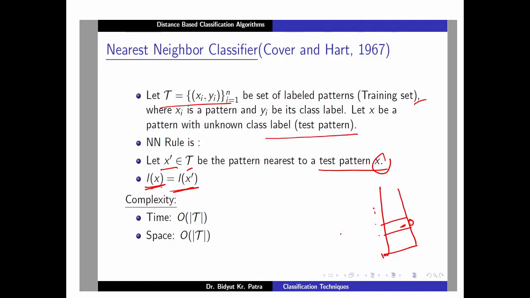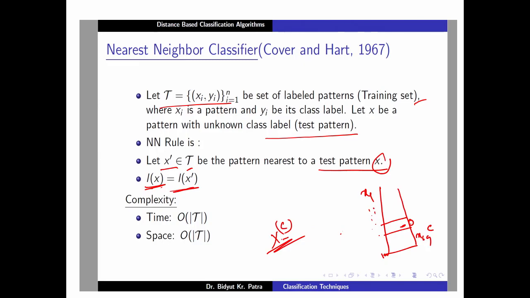Now, how do you implement it? For the unseen object, you compute the distance from x to x 1, you compute the distance from x to x 2 and so on. For all points you compute the distance and find which one is the closest. Say the closest point you find is x 69, and its class level is, let us say, C. Then this object's class level will be C, that is all.